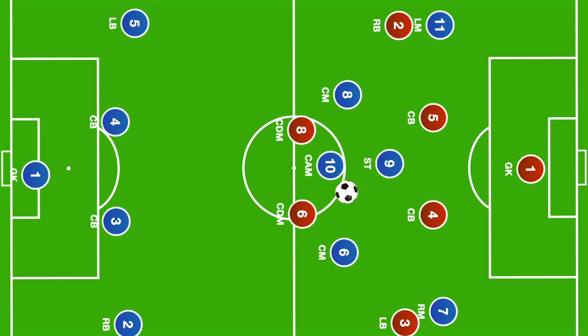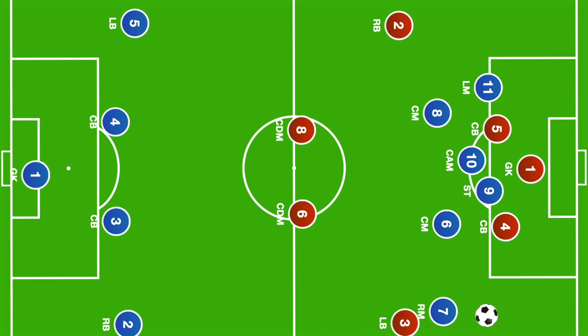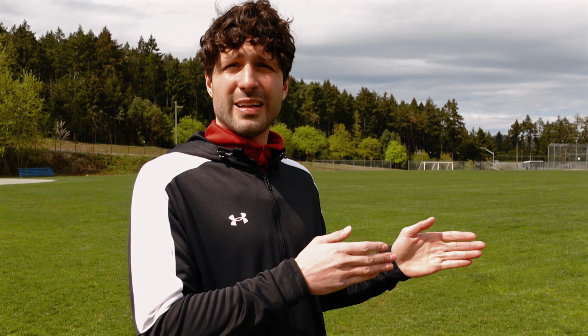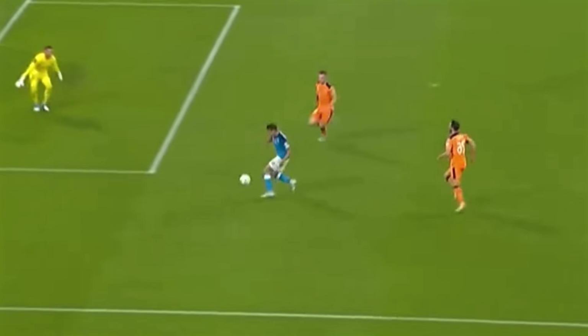The more players you have in the 18, the more space you're gonna have, because not everybody is gonna be dealing with you. Some will be going and dealing with your opposite side's winger, or some will be dealing with the attacking midfielders,